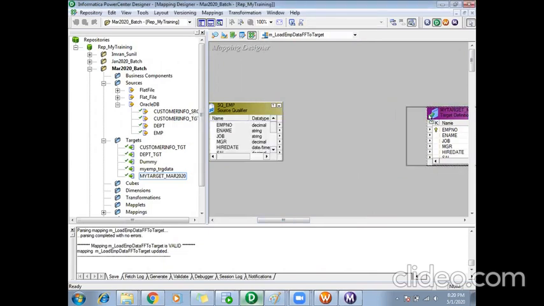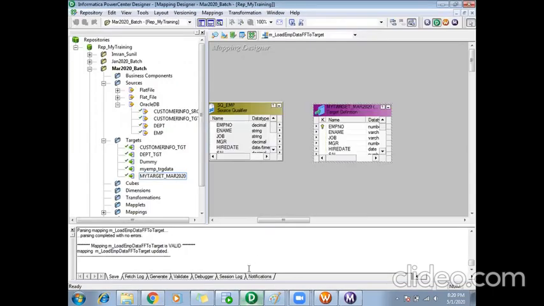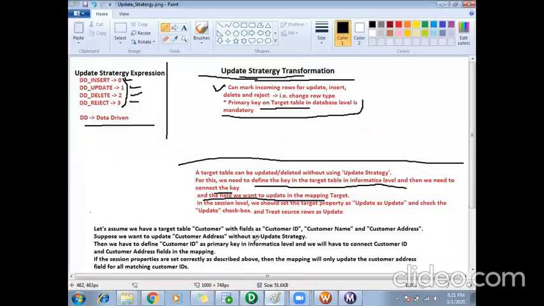You can just select the primary key port and the port which you want to update, which has changed. You can select these two. Done. Save it. That is the first thing you have to do at the mapping level.